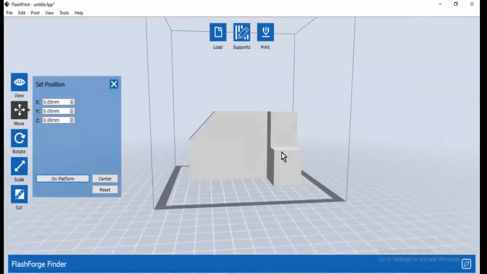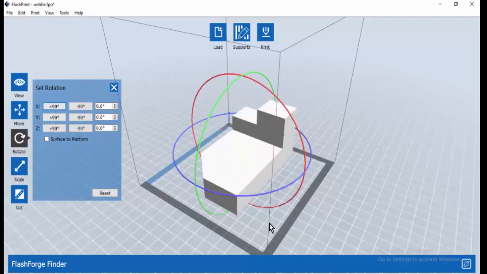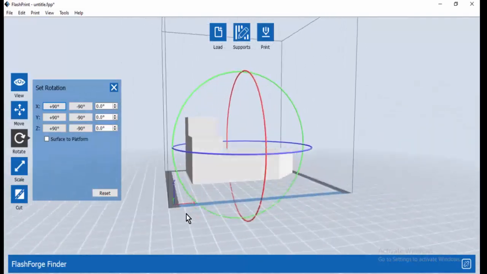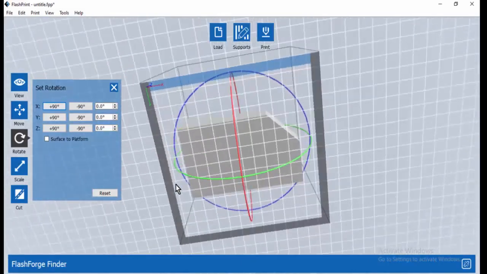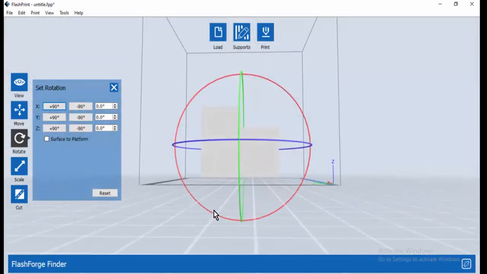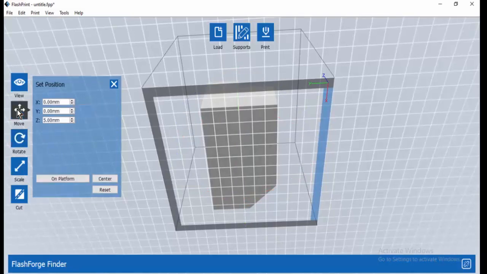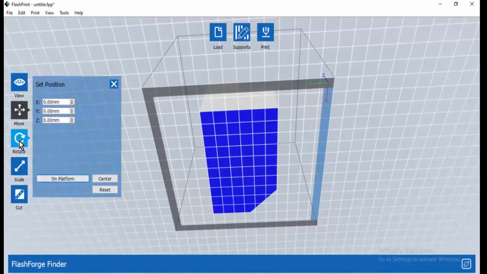Okay, so now the next option is rotate. This option is used to orient my component in the respective orientation. So let us see if I click on 90 degree here. So I can just print it in this particular direction as well. But as you can see, it is not touching the surface. So it is above the surface. So to bring it back onto the surface, I'll go to move and click on platform. So now it is on the center.